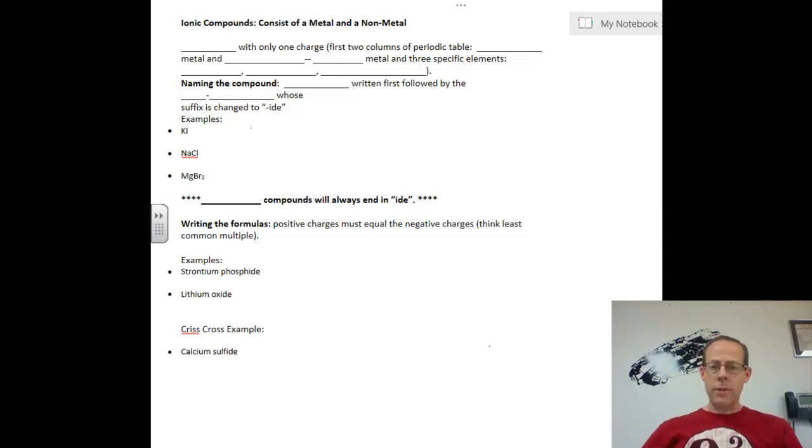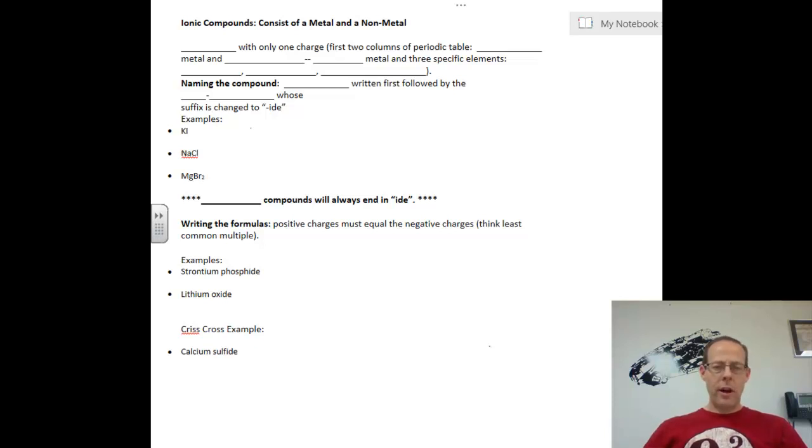So it's the first 2 columns of the periodic table. So you have the alkali metal and alkaline earth metal. So second blank is alkali metal and alkaline earth metal, and 3 specific other elements. And that's just our bing, bing, bing, or silver, zinc, aluminum. And these 5 metals, really 2 columns, 2 families, and 3 metals, are the metals that have the same charge